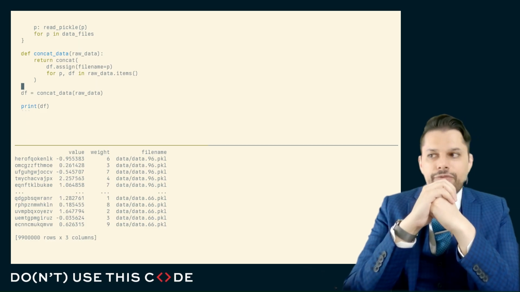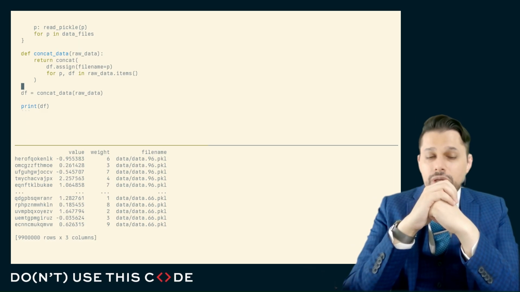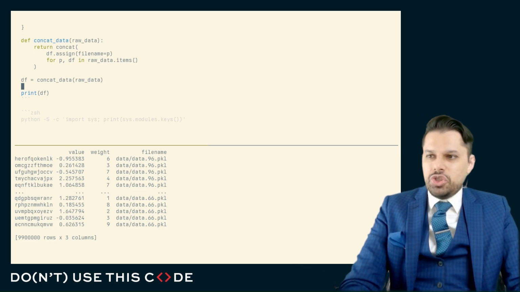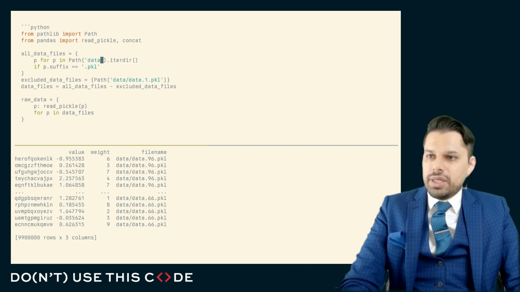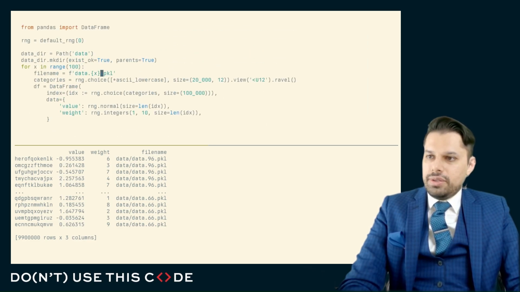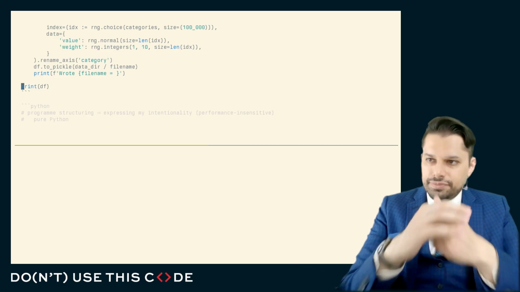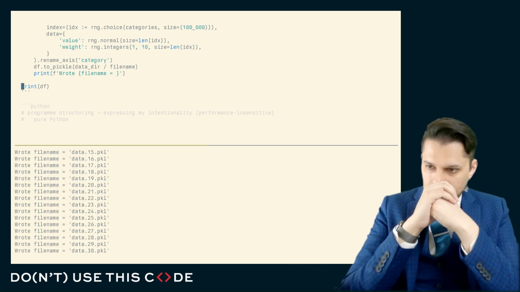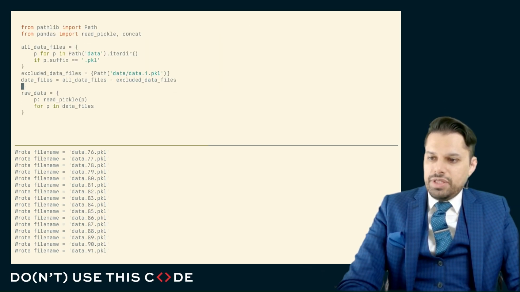It is the case that for the most part in our Python code, if that Python code is program structuring, we don't really worry about these micro benchmarks too much. But that's not the whole story. Let me show you. I know that if I want to do a group by the category value, and let's make sure that this is named in our original data, just so that we get this right. So here, this needs to be a rename axis, and we'll just print out one of these. Otherwise, the naming when we load this up will be missing.